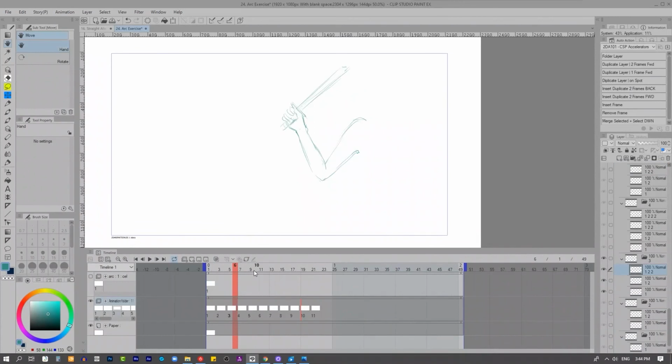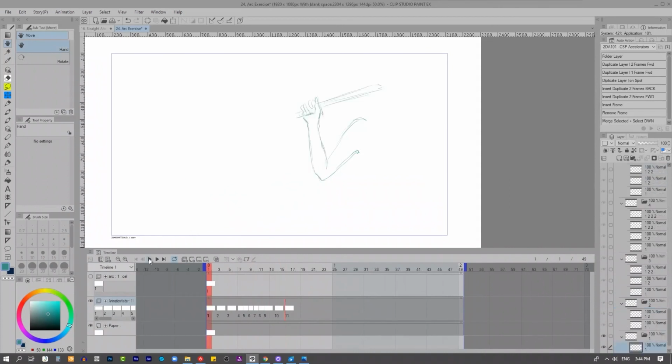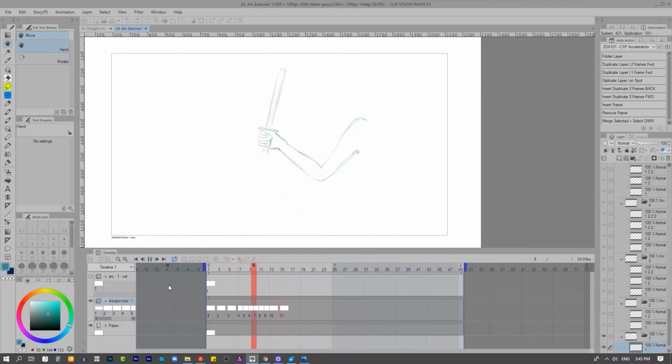Now, since we have an arc, the middle part will be faster. So all of them I will just move one frame, and then we'll be a little bit slow again. Let's see. Those will be in a close part like that. Okay,